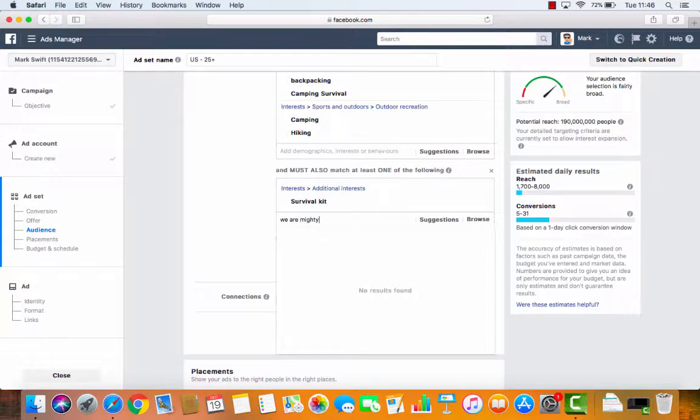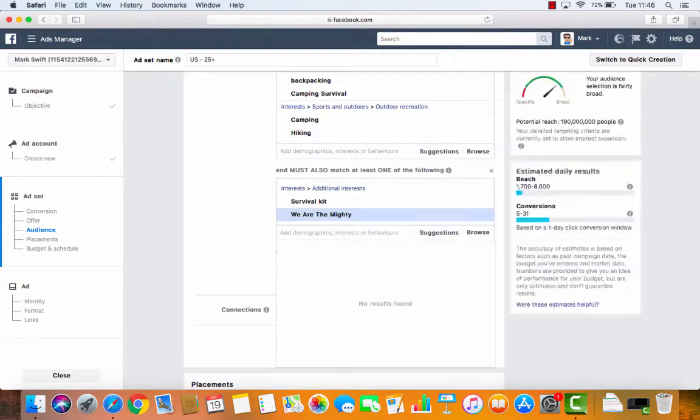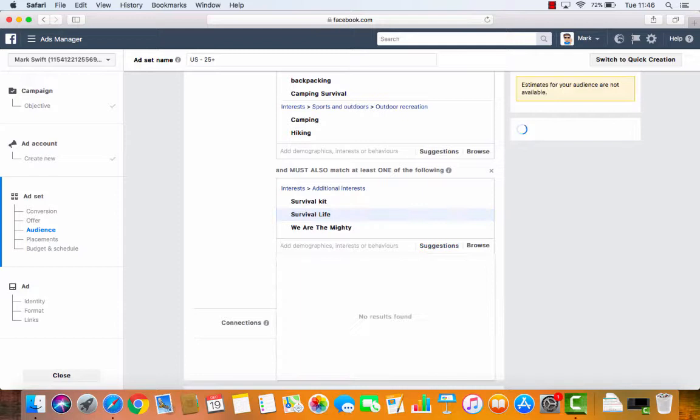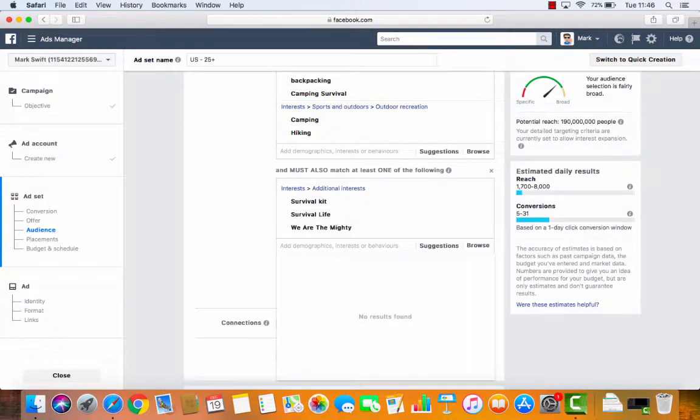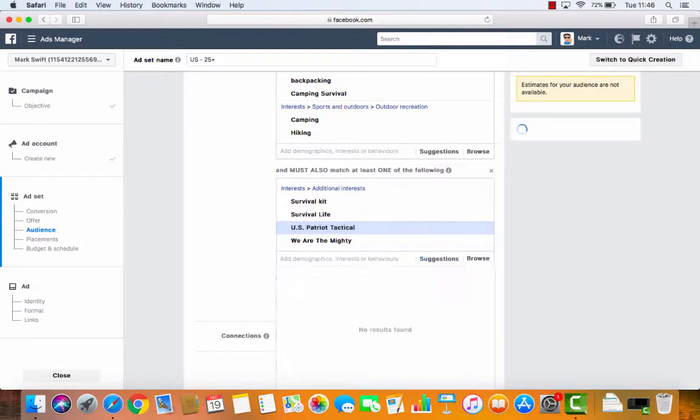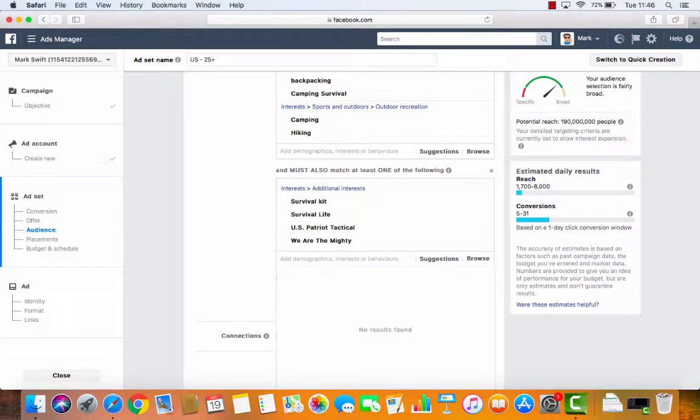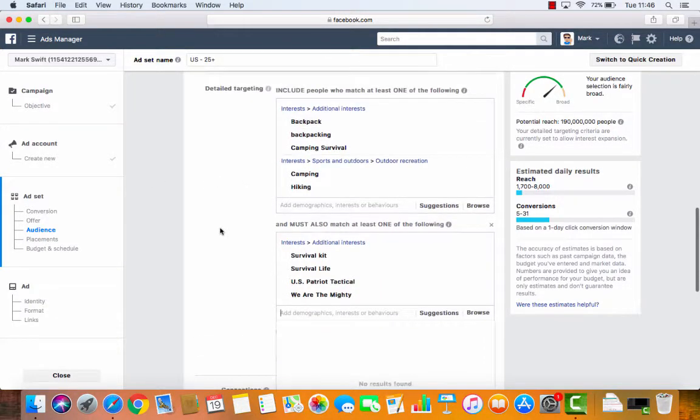We Are Mighty, kind of survival life. US Patriot, Tactical. These are all stores or online stores or Facebook pages and things that have a lot of detailed people, and just narrow it down